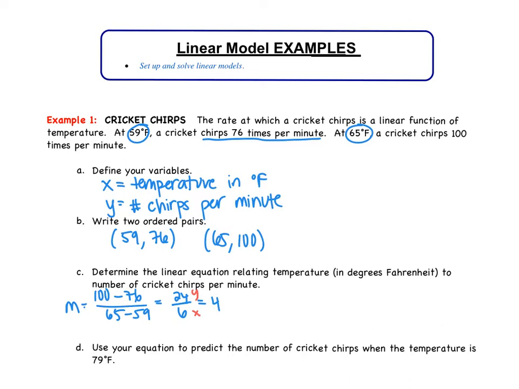The units for y are chirps per minute. The unit for X is degrees Fahrenheit. So what this is telling us is every time the temperature increases by 1, the cricket chirps 4 extra times a minute. So every time we increase the temperature by 1, the cricket is going to chirp 4 more times per minute. Now we need to remember to answer the question, which in this case is writing the equation of